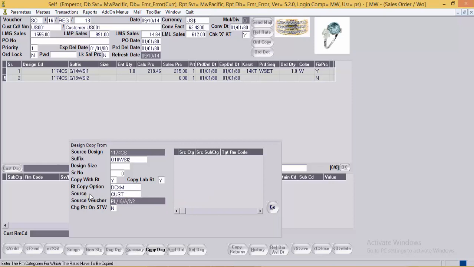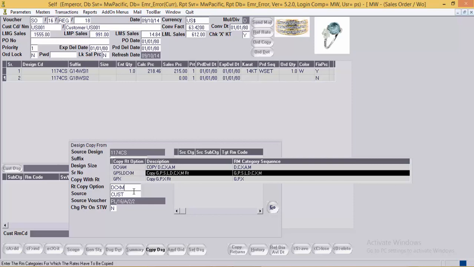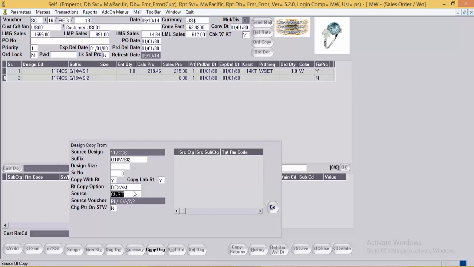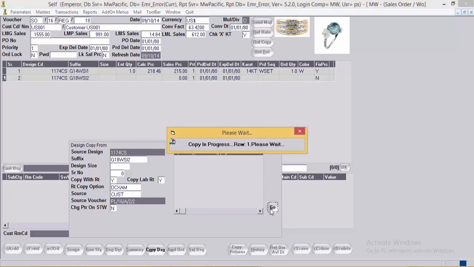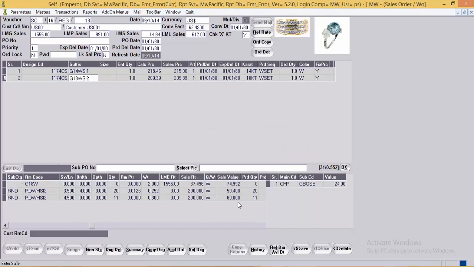Whereas for diamond and color stone, he may wish to charge as per the PDCM. And can click on go. So the pricing for gold will come as per the current rate, whereas the diamond rates will be picked up from the PDCM.